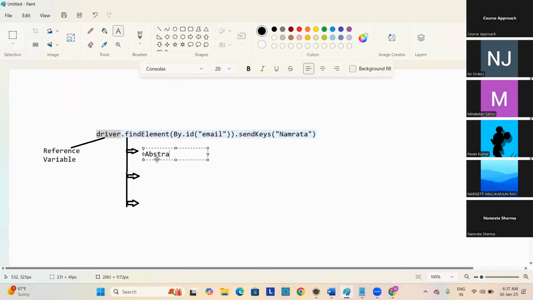No, to locate a specific web element. To identify the specific web element, a single web element. It's an abstract method present inside the WebDriver interface. The return type is